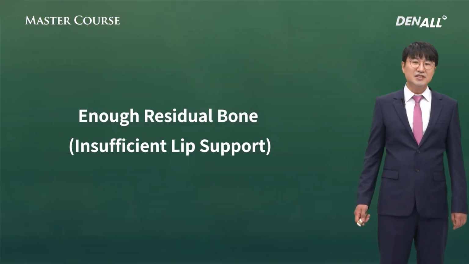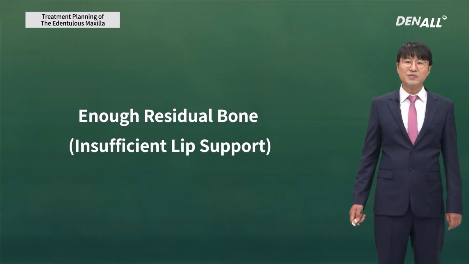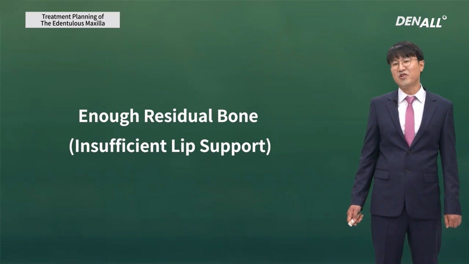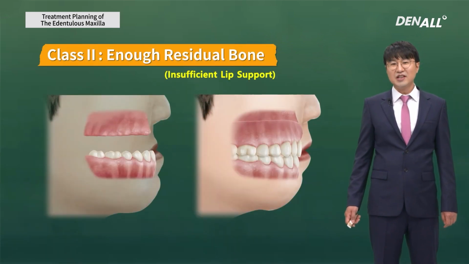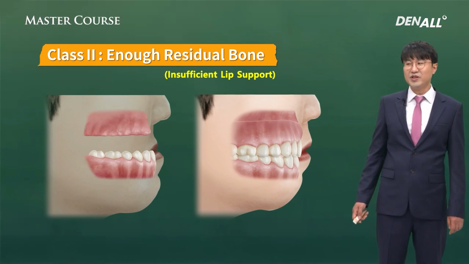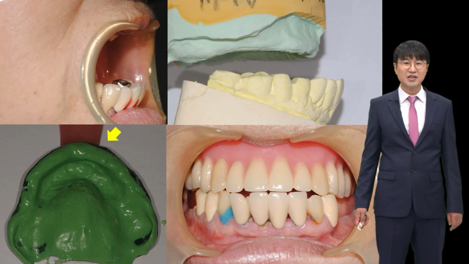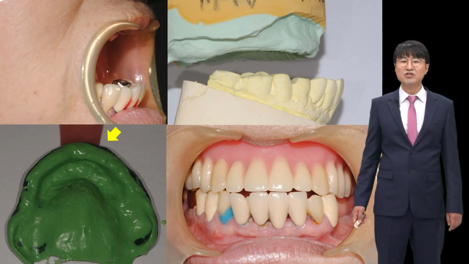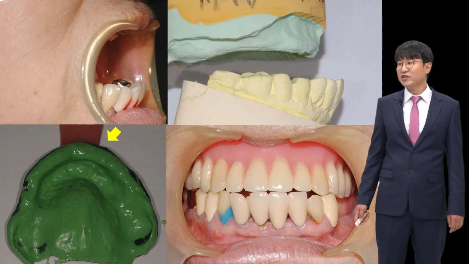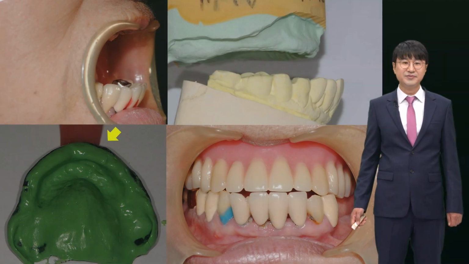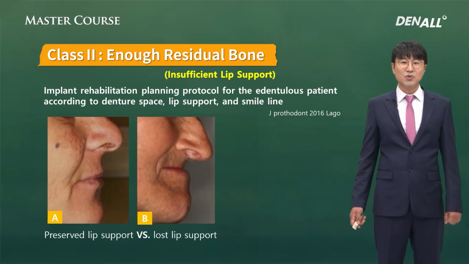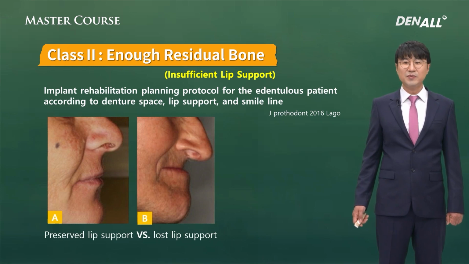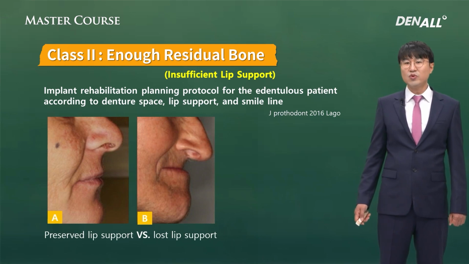Next is where there's enough residual bone but insufficient lip support. So these are very tricky situations. Now, a removable prosthesis might be helpful to have a favorable facial form. If there's not sufficient lip support, a thick denture flange can help give you a more favorable facial form. Preserved lip support versus lost lip support needs to be considered in